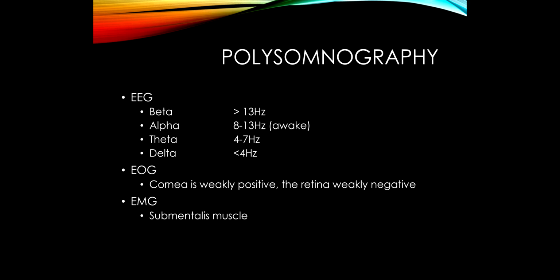Beta rhythm is actually something we usually see as a medication side effect. And so in terms of wakefulness and sleep, it's really the alpha, theta, and delta which are most helpful. When somebody becomes drowsy and they're starting to fall asleep, they go from having an alpha frequency to a theta frequency. And in the deeper stages of sleep, the brainwaves slow down a lot, and we see this delta frequency.